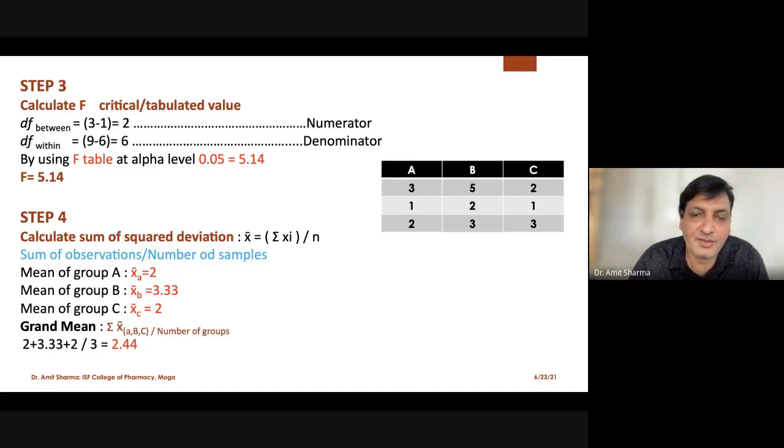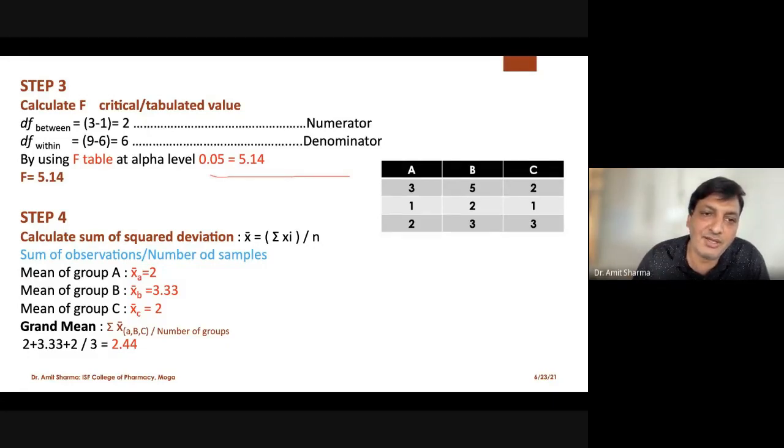For example, if the ANOVA numerical is for 10 marks and you have completed it till step number 4, you are going to get half marks. That means you have calculated numerator and denominator, and you are going to get 5 marks.